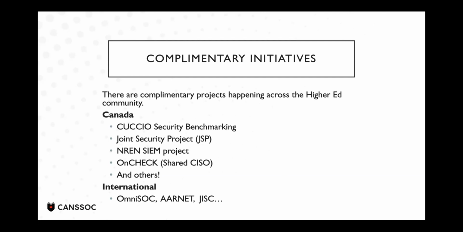I can drill down a little bit into this one here called OnCheck, which comes out of Orion in Ontario. It started out early days as a shared CISO project. So 5 universities and 3 colleges got together with Orion and hired a CISO. Some of the institutions certainly couldn't afford to hire a CISO on their own, so this was a real bonus for them. But there was also this notion of sharing knowledge, information, best practices across those institutions through the shared CISO. That's now evolved into something called OnCheck, where I think they're up to 20-something participants across the province. I don't have the latest numbers.